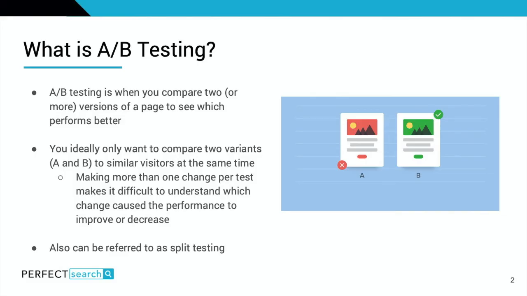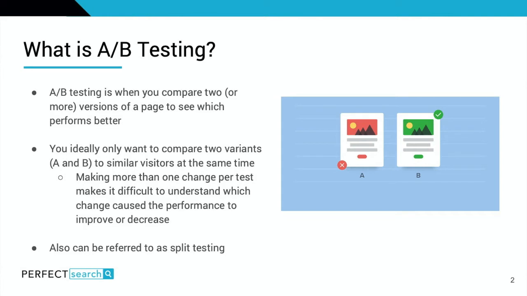So, what is A/B testing? Essentially, it's when you compare two or more versions of a page to see which performs better. You ideally only want to compare two for the most part, so you would have version A and version B